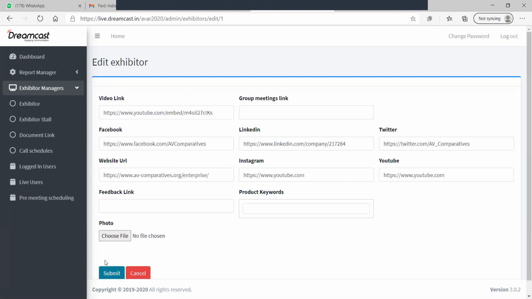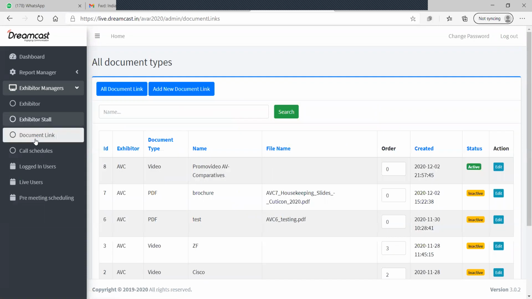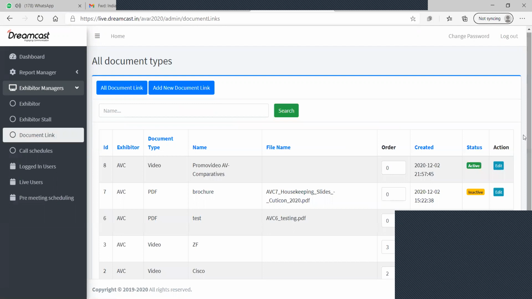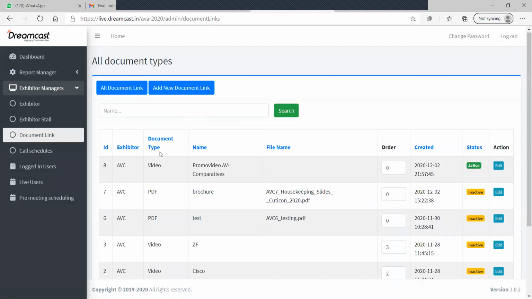Second part, in this uploading the document, you have to go to the exhibitor manager again, and there's another link, the document link. You click over here. You will see here that you can upload any type of document.